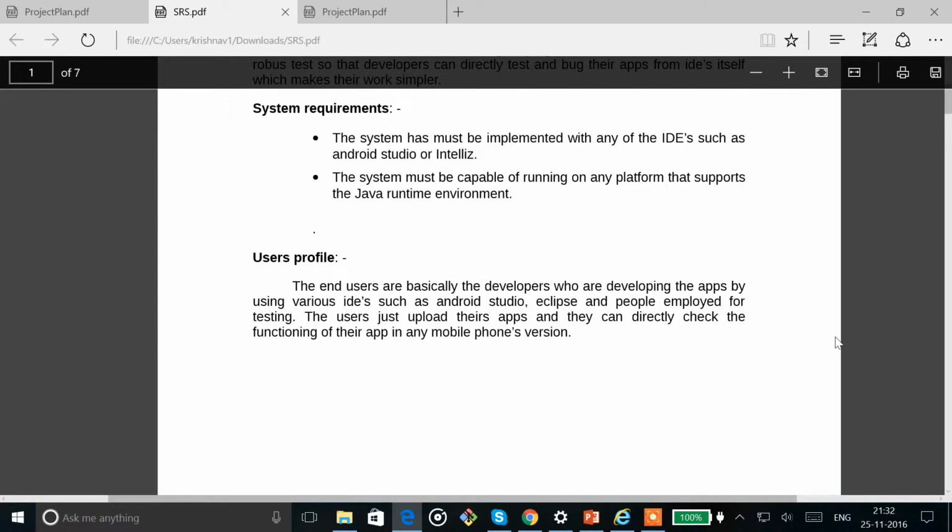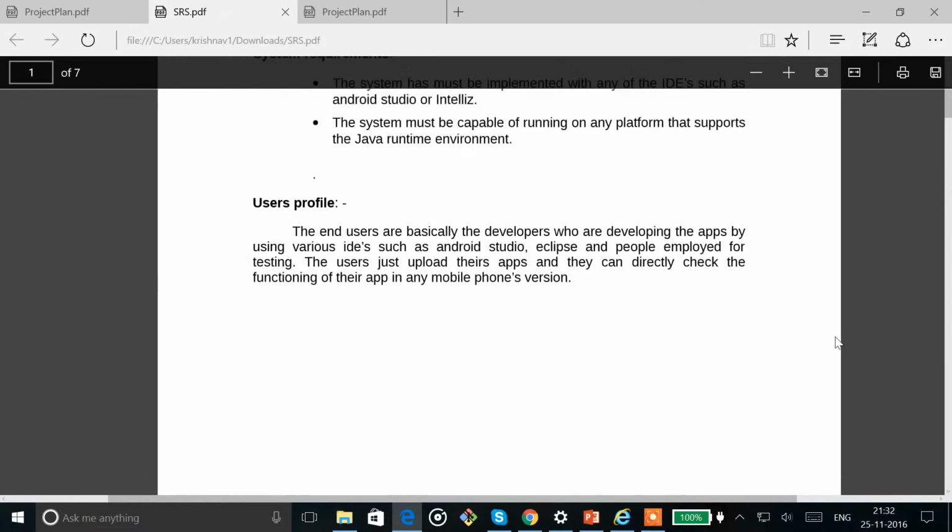Coming to the basic system requirements of the plugin, we need to create a plugin that is implemented with any IDE, for example an IntelliJ IDE, such that the plugin should be able to provide an authentication service to any server which it is connected to, and then extract information from the server, render it into a web view and display it to the user of the plugin. Since the core part of our plugin is coded in Java, it should be able to run on any platform that supports the Java runtime environment.